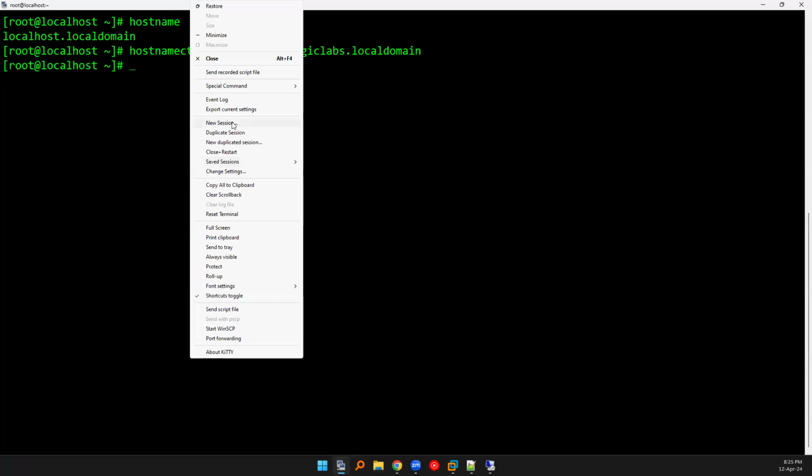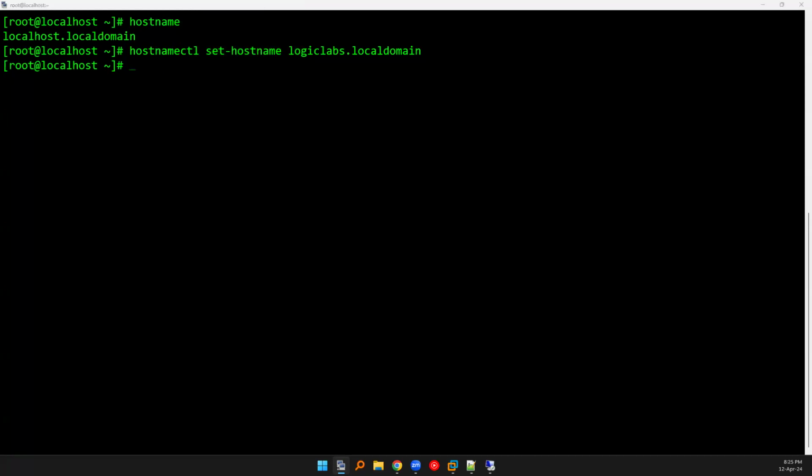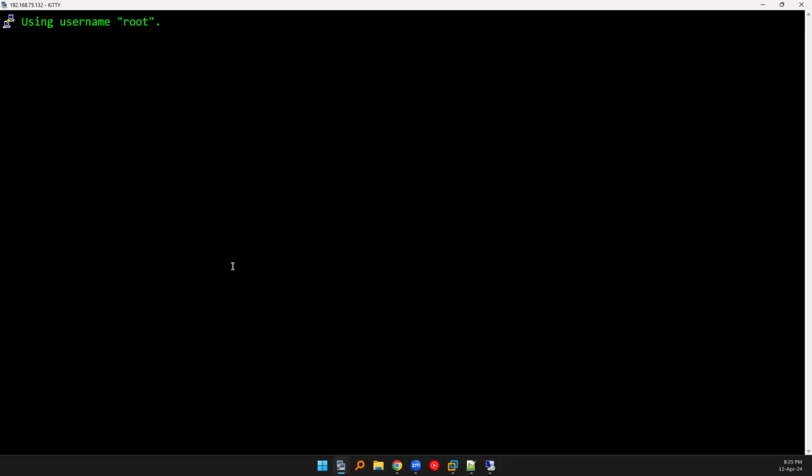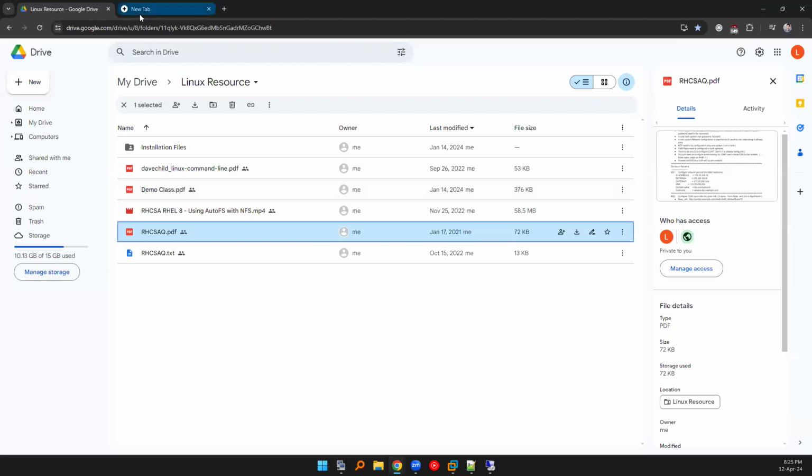Okay, so these are the options you can see in your PuTTY as well. Just give duplicate session and there is one more session open. So what is this while it is opening? What is this root user, and this is called a shell by the way. So what is a shell? Okay, so before that,